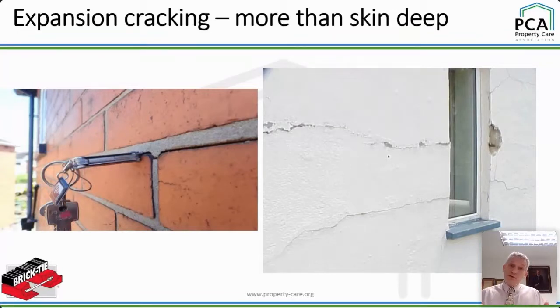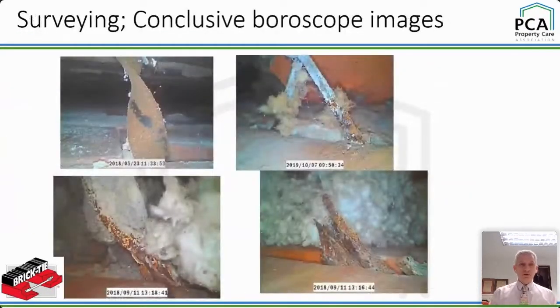But the wall-tie corrosion induces bulging at the top because now we've got a thin outer leaf trying to push the roof up. And of course, it can't bulge inward. The ties are still quite strong in compression, but because they've got this mucky glove of rust on them, that sort of acts as a lubrication. The wall can just move out. So be careful there. Okay, so on to surveying.